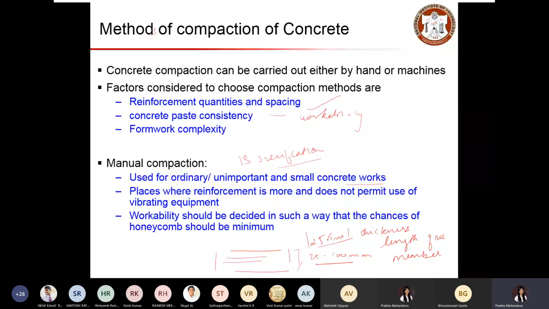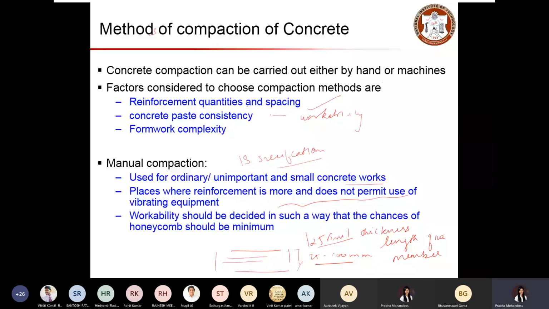The purpose of compaction is to minimize honeycombing as much as possible. And this is more suitable in small projects where you have congested reinforcement, because sometimes vibrating equipment may not reach that location. In that case, you may use manual compaction.